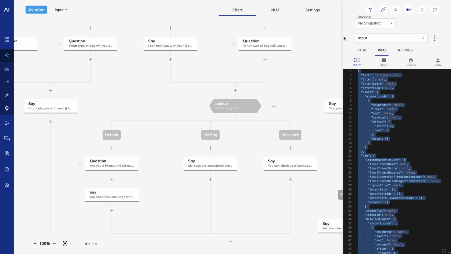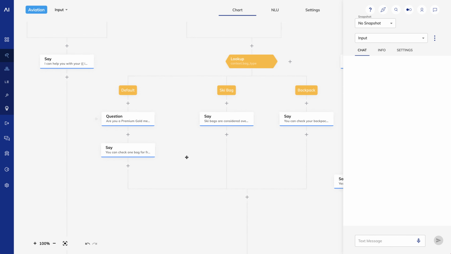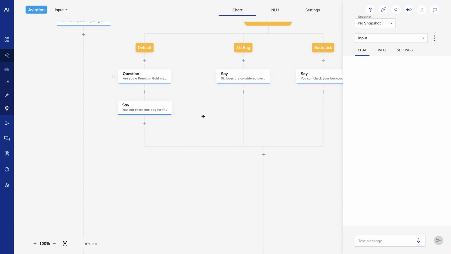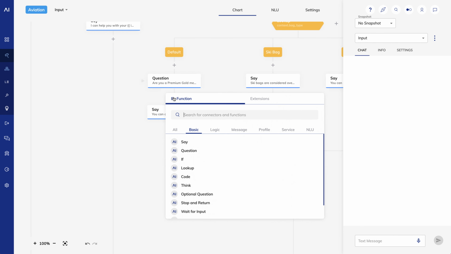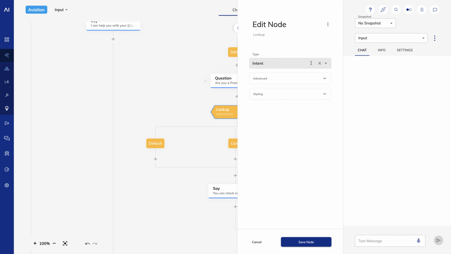I'll go back to the chart and create a lookup node. I'm creating a lookup node because there are 3 possible values: positive answer, negative answer, and something else, like a statement. On my lookup node, I'll change it to Cognigy script.